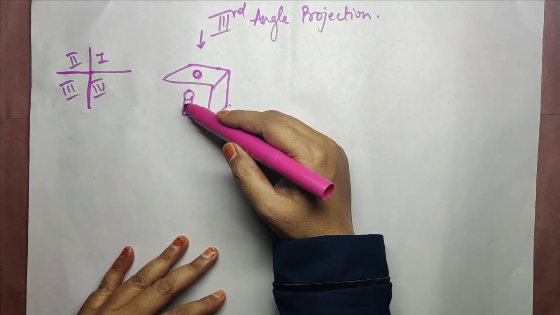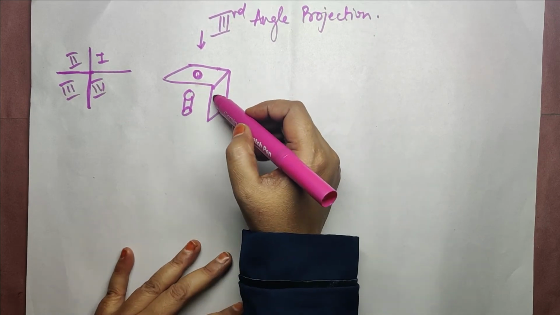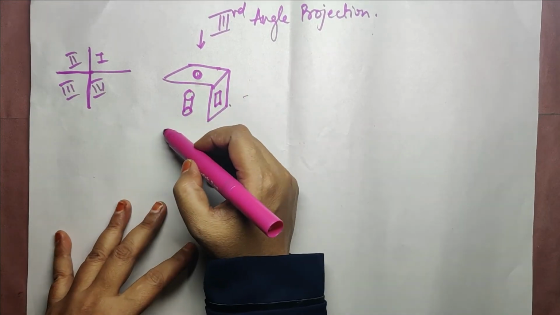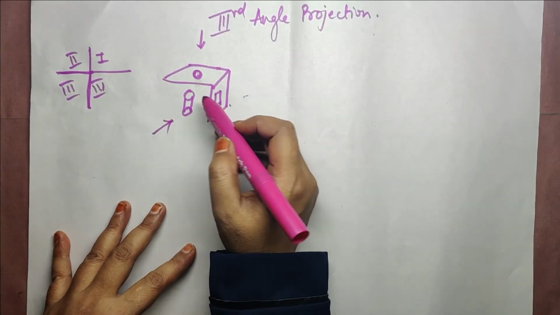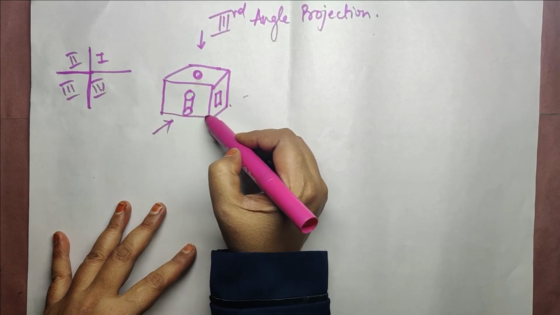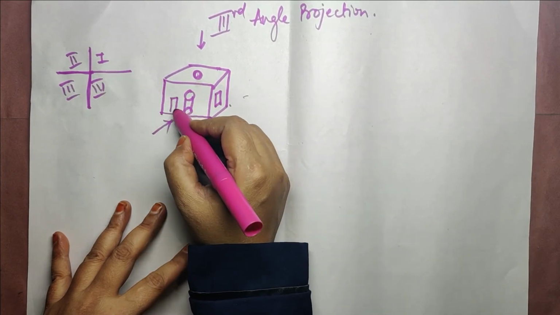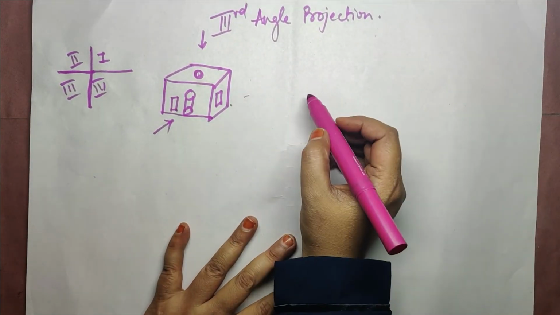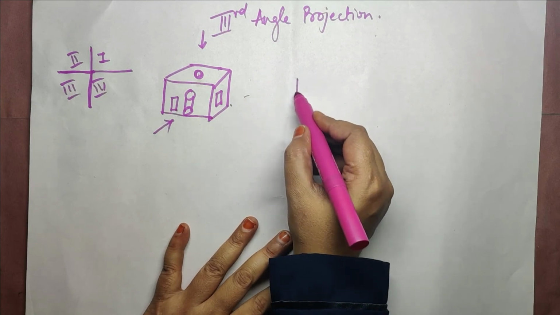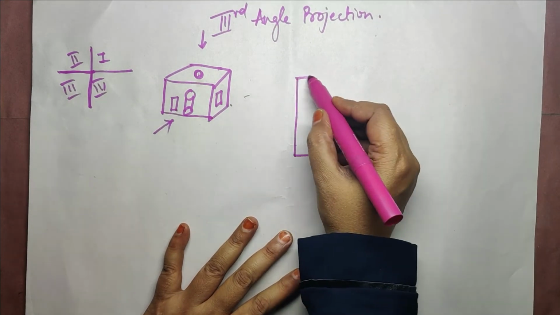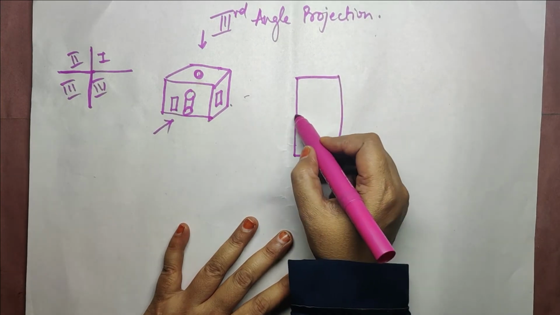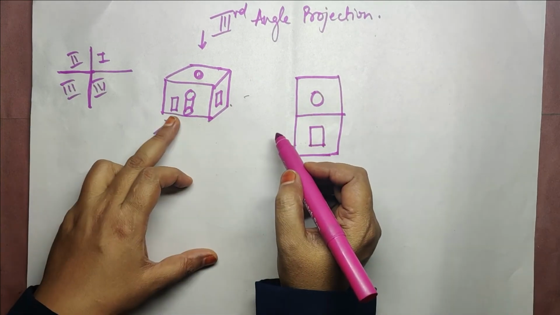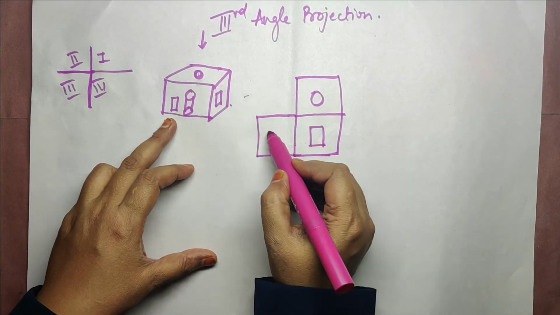Okay, first the plane comes, then the object. If I see from here, I will see a rectangle over here. First the plane will come, then the object will come. In the side view, what happens is, I draw a profile plane here to catch it, so it will be a rectangle again. Okay, so likewise, here a circle will come and here a rectangle will come, and again here a rectangle will come.